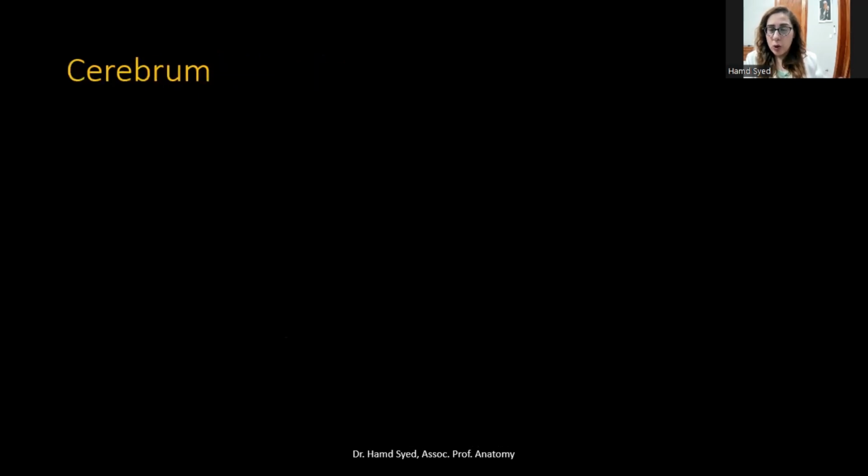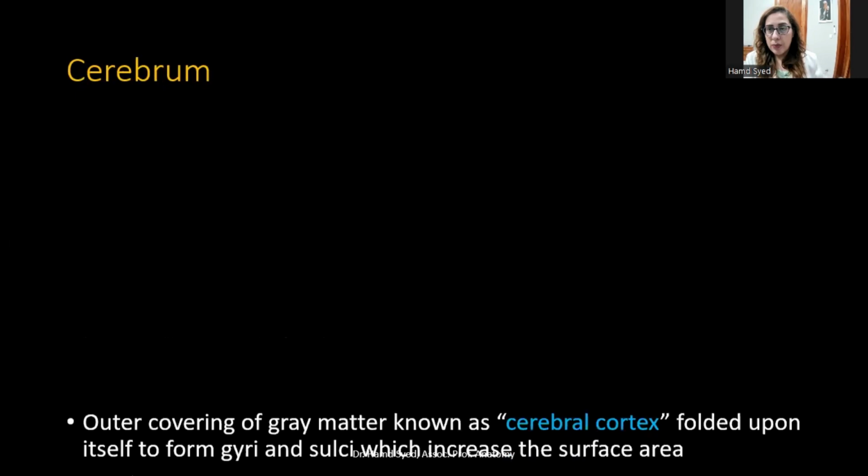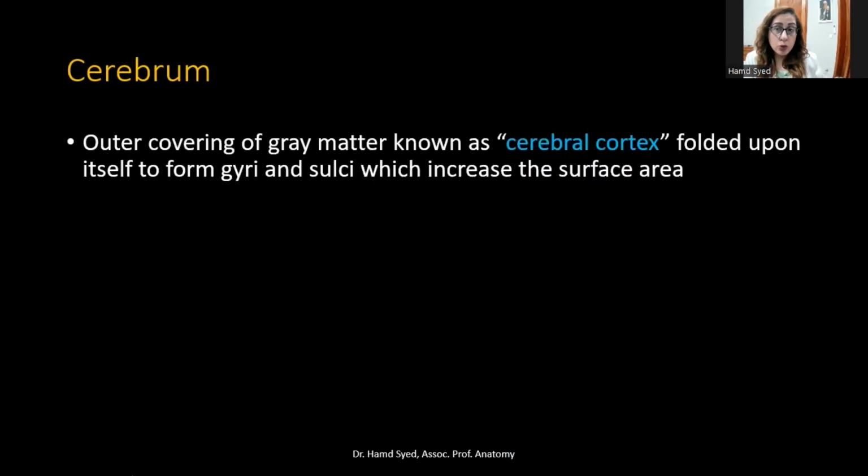And starting with today's topic, you know the cerebrum has an outer covering of gray matter. And that outer layer of gray matter, which is surrounding the cerebral hemispheres, is known as the cerebral cortex. And this cerebral cortex is folded upon itself to form the gyri and the sulci. And these are actually the convolutions of the cerebral cortex, and they serve the purpose of increasing the surface area